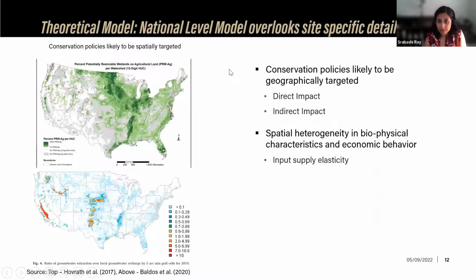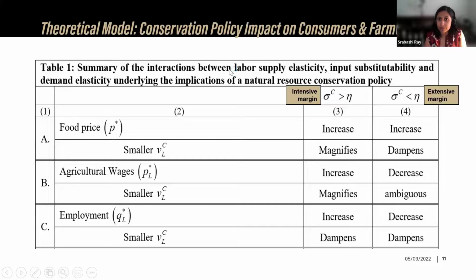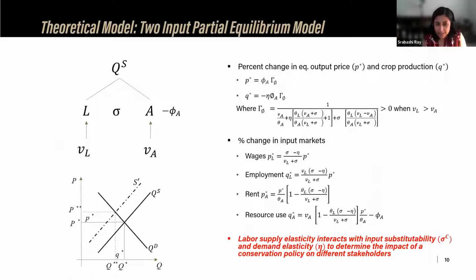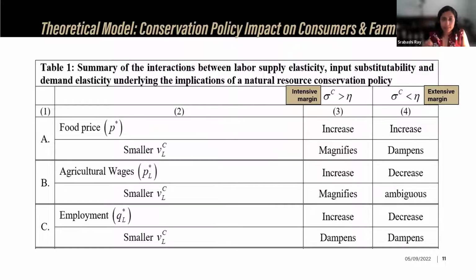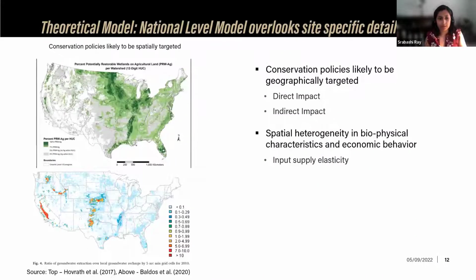Next, this theoretical framework assumes that P star is endogenous in the model. However, that is relevant when we are looking at a national level model. But if we are looking at a really disaggregated, fine scale, let's say a single producer or a group of producers in a small geographical area, such as 5 arc minutes, which refers to about 6 to 8 square kilometers